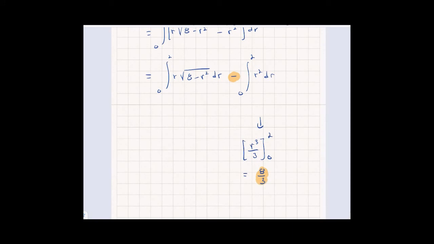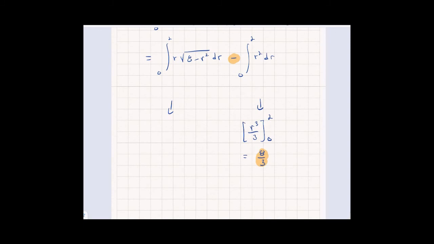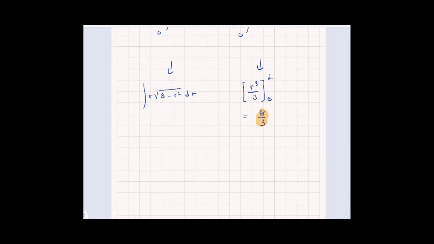So I have to remember, after I do this other one, I'm going to subtract 8 over 3 from it. But the one that actually involves some work is this thing, integral from 0 to 2 of r times root 8 minus r squared. So I want to first find an antiderivative for r times root 8 minus r squared dr. I'm, of course, going to do this with a u substitution. I'm going to say u is equal to 8 minus r squared. This gives me du